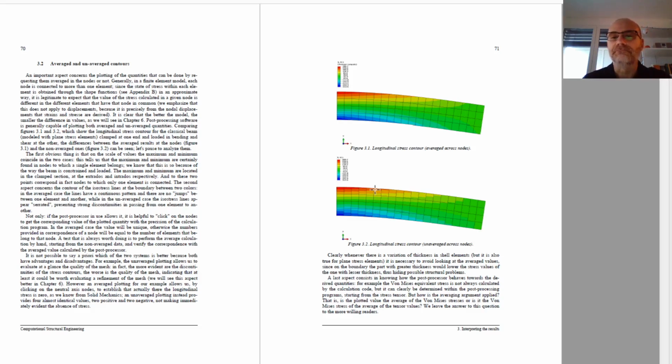There are some different ways on how to use this. If we have a shell element model and we have different thickness at a certain point, if we smooth it, the thickness with the higher thickness will lower the stress of the lower thickness, and vice versa. So the best way would be to use a non-average plotting. The average plotting is useful to see discontinuities and is useful to check for